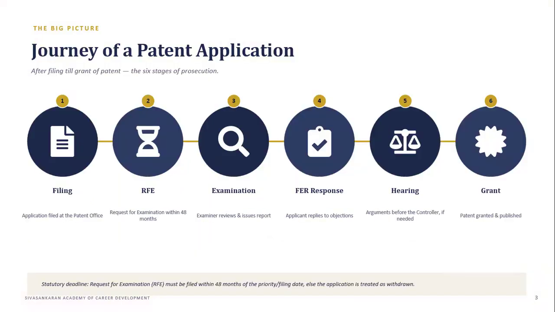Let us now look at the overall journey of a patent application. The prosecution process can broadly be understood through 6 stages. The first stage is filing, where the patent application is submitted to the patent office. The second stage is the request for examination. Followed by that, the third stage is examination, where the examiner scrutinizes the application. The fourth stage is the first examiner response,